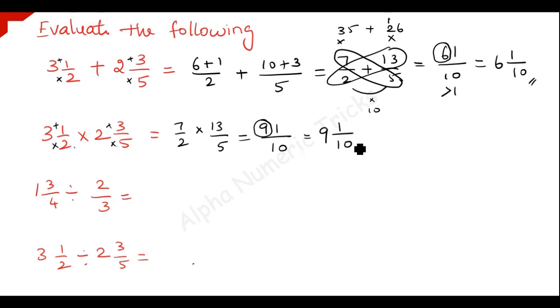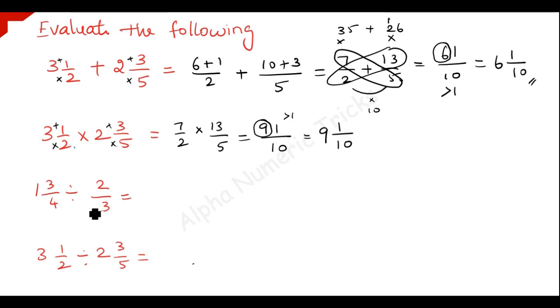This is your mixed fraction because 91 over 10 is greater than 1, so we have to convert it into mixed fractions. Greater than 1 is not allowed, so that is an improper fraction, so we have to convert it